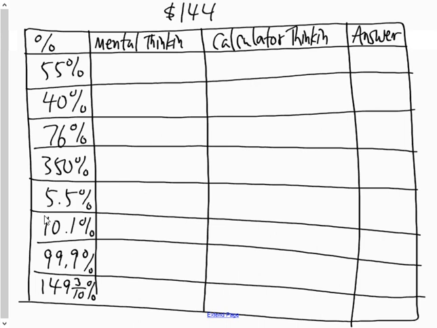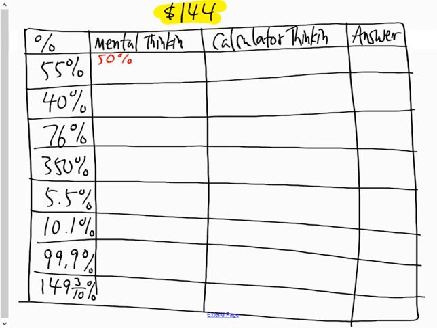And we have this beautiful chart of mental math and calculator thinking that apparently is taking a lot of people a lot of time to get the answer. So as we go through this, please note the strategy we use to get the answers and make note of it. The first question says 55%, and all of the questions are going to be 55% or whatever percentage of the number 144. So to get 55%, the easiest way to do it, if you're not Jesse Brian Hunter,